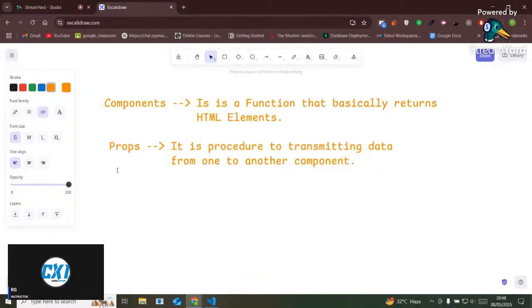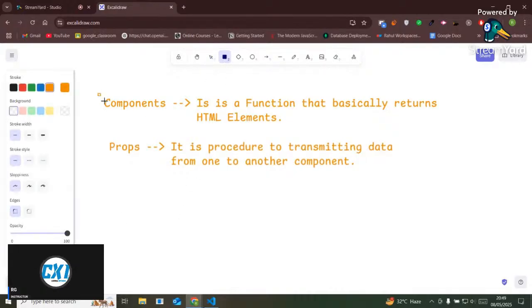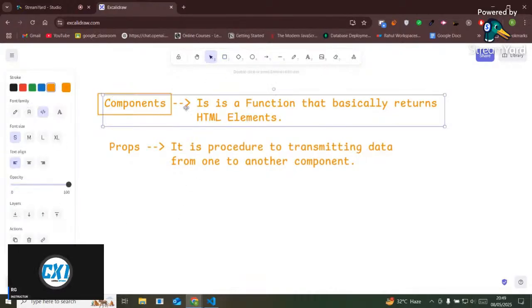Means if I use the Hindi language, I can say that basically अगर आपको कुछ डेटा सेंड करना है one component to another component, on that time आप क्या यूज कर सकते हो? props. और अगर मैं बोलूं what is component, आप बोल सकते हो component क्या होता है? एक function basically, right? The function क्या करेगा? वो function return करेगा कुछ HTML elements को, right? So that is nothing but what? Component. Got it, guys? I think you have got a small clear-cut idea about what is components and what is